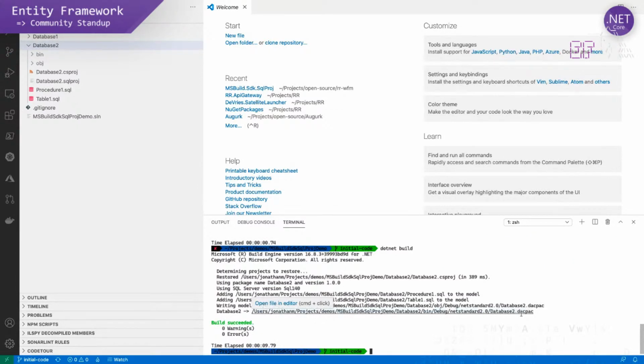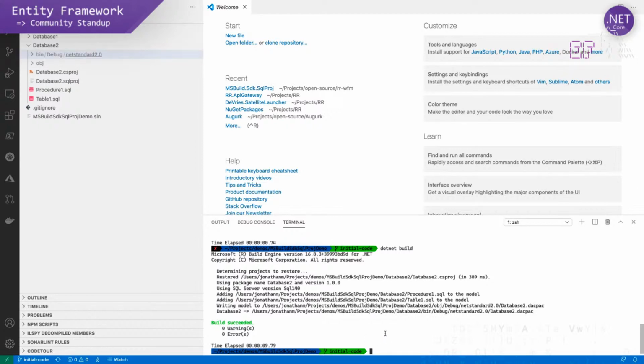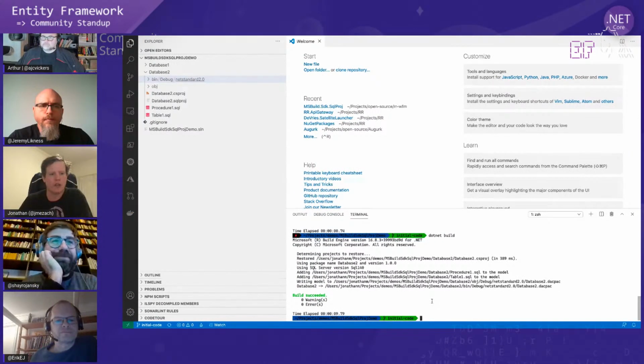So you can already see it here in the output. If we look here into the bin folder, we have that database2.dacpac here, which essentially has the exact same contents as that we would have previously. So this actually makes it possible to build these projects in a cross-platform manner. So you can run this on Linux, and you can run this on Mac. You can even run it in Docker containers if you want your build to run in that as well. So that's a great experience for CI/CD as well. And you no longer need Visual Studio on your CI server, for example,